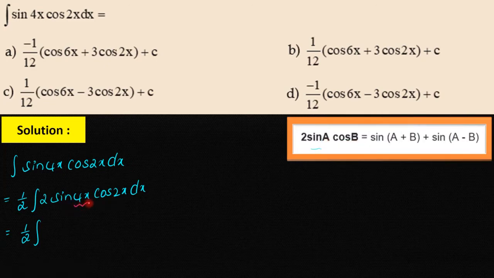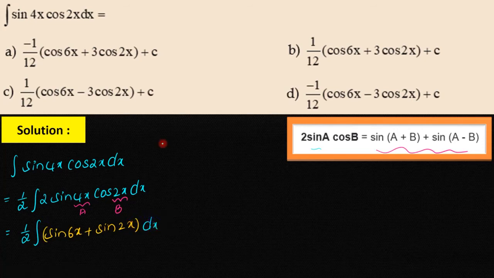Here a is equals to 4x, b is equals to 2x. Now applying this formula here, sin of a plus b, that is sin of 4x plus 2x is 6x, plus sin of a minus b, that is sin of 4x minus 2x is 2x